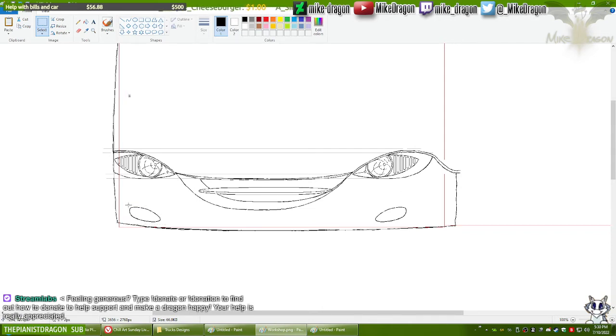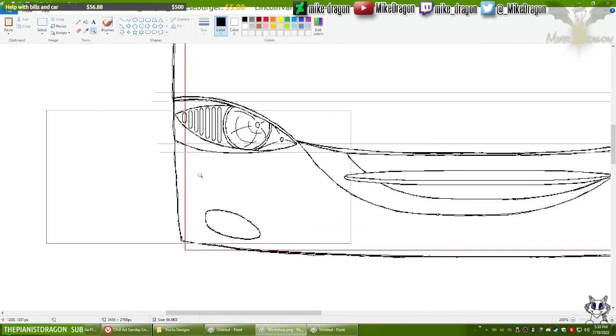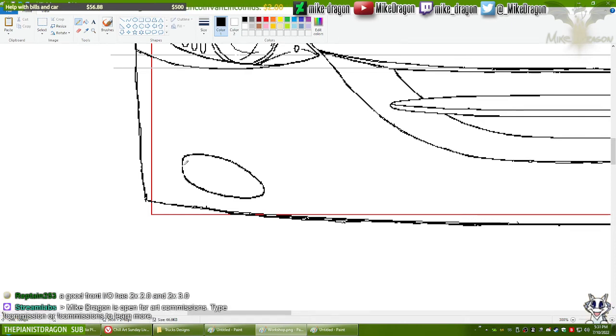Now, before I resize it, and by resize, I mean compress it slightly like this. Do some very light redrawing, some small areas.